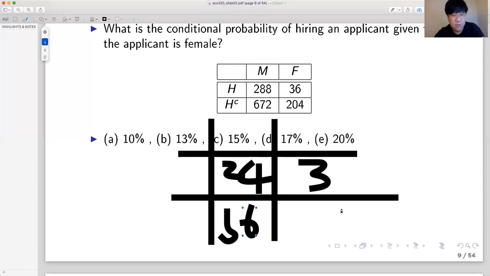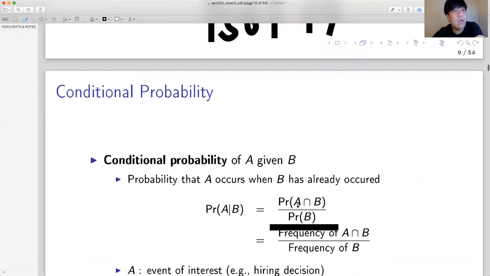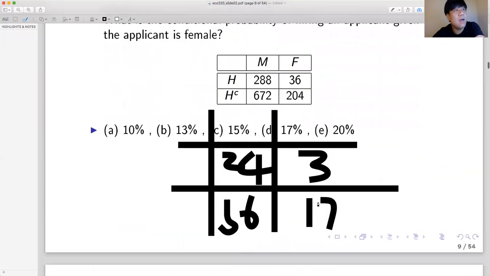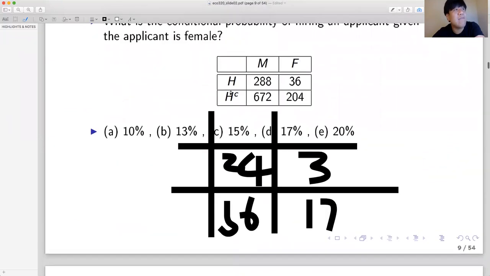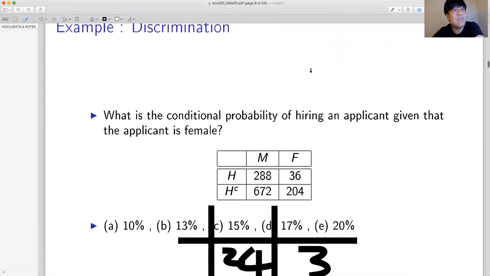And this is what? 204 divided by 1200 is 17%, right? So this is just something you need to convert first. I mean, in homework 1, you practiced this a lot. So using this formula, what is the probability of A and B? Let's say, the probability of F and H, that was 3%, right? So 3% goes to